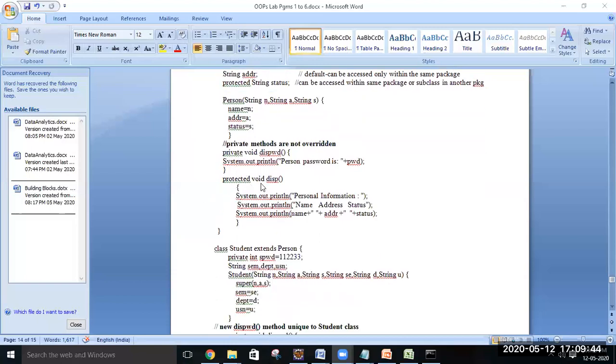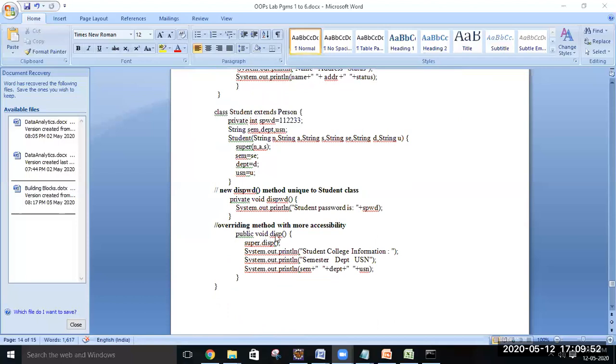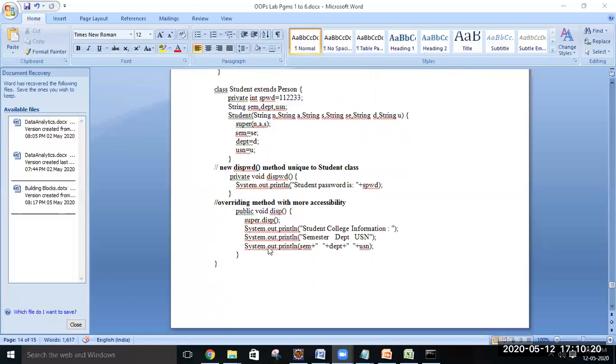Here you can see the display method is protected in the parent class person, and in the child class student, the access modifier is increased. That is, instead of protected, it has become public. So we are allowed to keep the access modifier the same, or we can increase it. We are not allowed to reduce it, or give more restriction to the modifier, which means that we cannot make it default, or we cannot make it private. That is the concept with the access modifier.